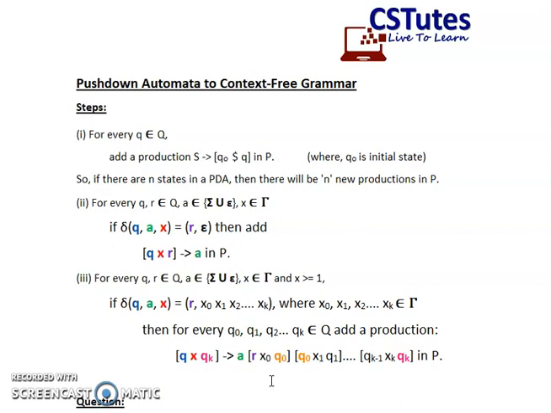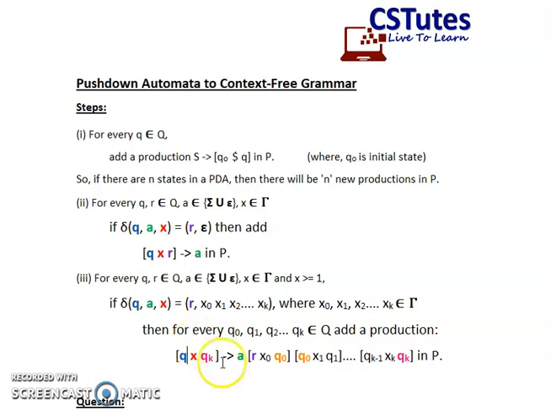Just one thing is there, you need to learn the 3 steps, and in case you forget or mismatch the values, then your production rules will become wrong. So you need to remember the rules as well as the order in which they are formed. Suppose this Q is the same as the Q over here, so you cannot replace it by anything else. Then you will have the correct solution. So these are the simple steps which have to be followed.